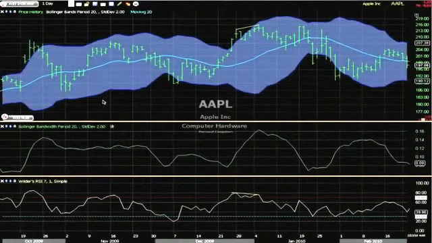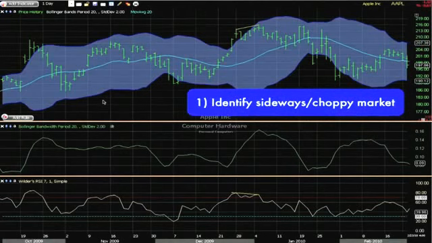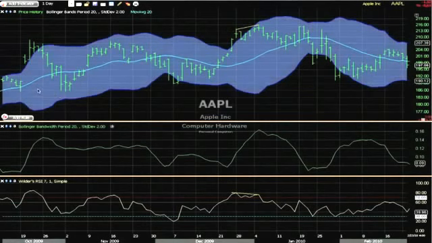Okay, we have seen how to use the Bollinger Bandwidth when we have a low reading, but how do we use it when we have a high reading? First, and this is very important, you have to identify the right market condition for this setup. It has to be what people call a choppy market. You see that the MA is sideways and the price is crossing down through and up through and down again and up again, almost like in a random pattern.